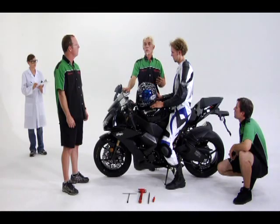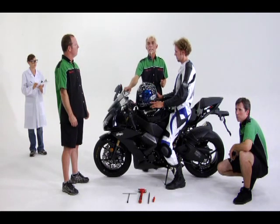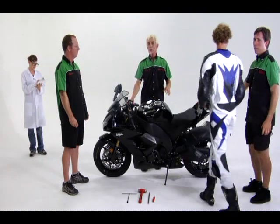Now, when you measure the front, you'll find the sag is close to 30 millimeters, so you won't need to adjust the fork preload as much as initially thought. In this case, the bike is pretty close. Okay, our rider told us he'd like 30 millimeters on the forks and 30 millimeters on the shock, so we have to add 3 millimeters of preload on the forks and take out 5 millimeters in the shock by adjusting